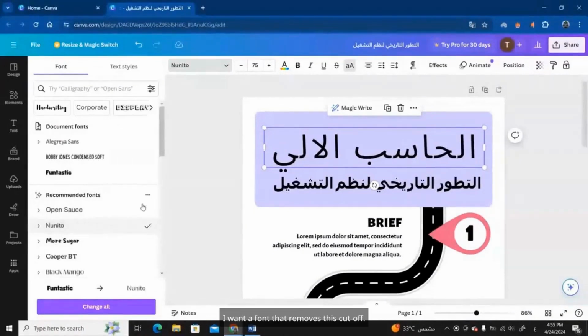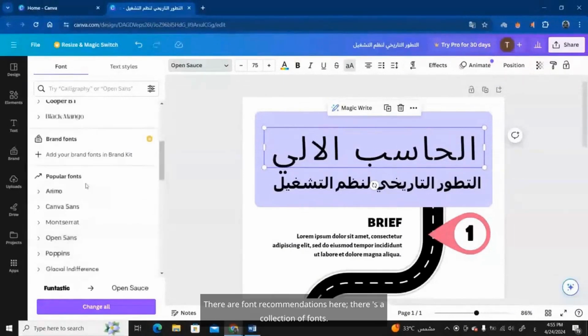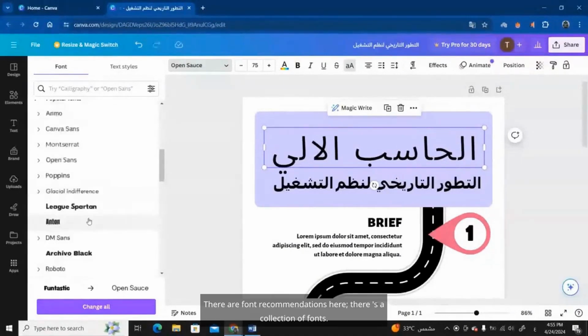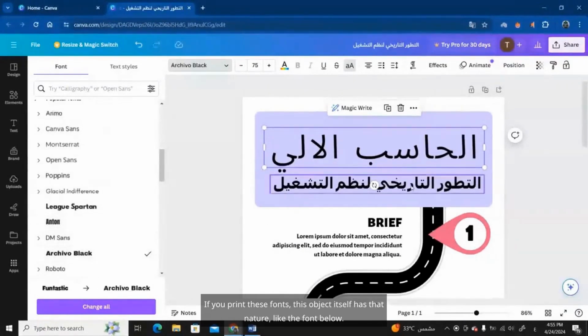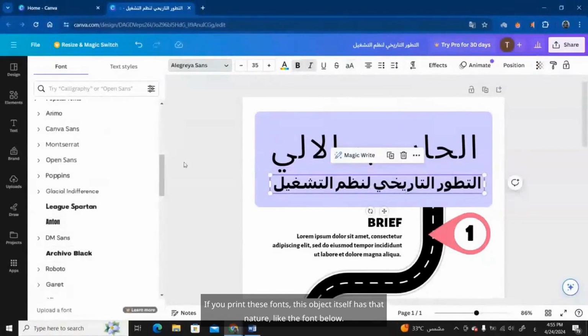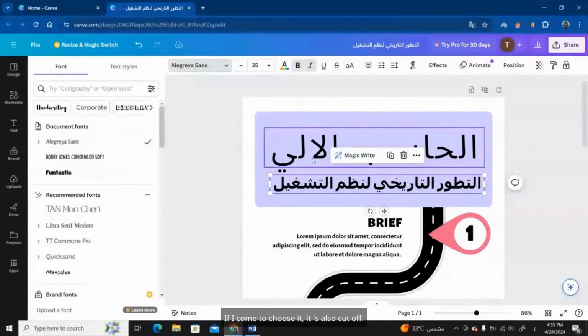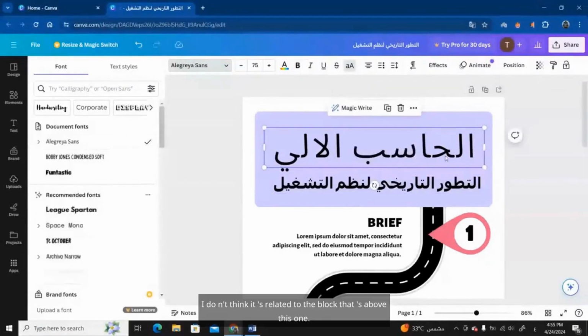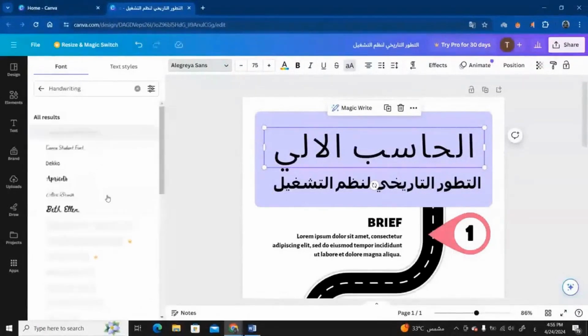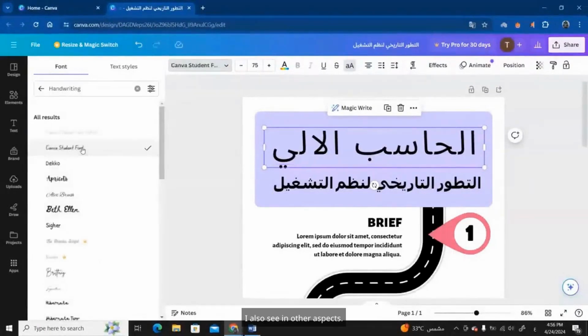I want a font that removes this cutoff. So you're looking into different types of fonts. There are font recommendations here, a collection of fonts. If you print these fonts, this object itself has that nature, like the font below. There it is above it. If I come to choose it, it's also cut off. I don't think it's related to the block that's above this one. I also see it in other aspects,